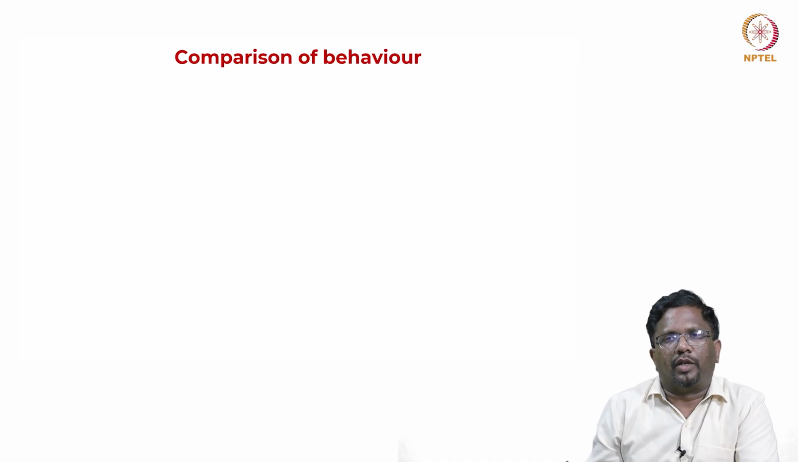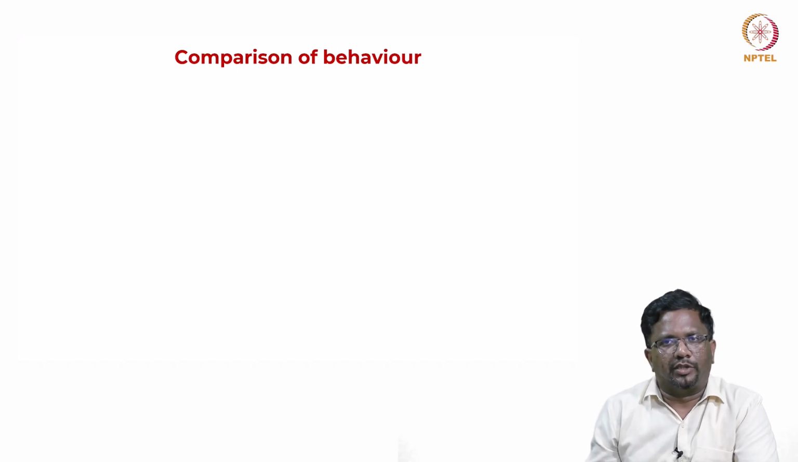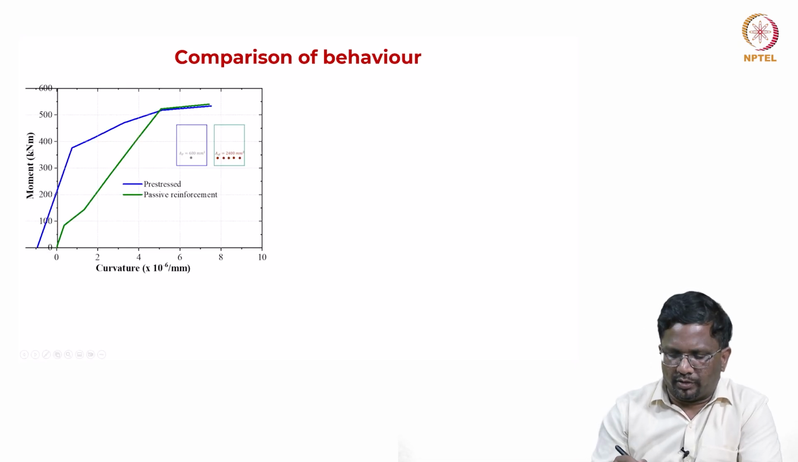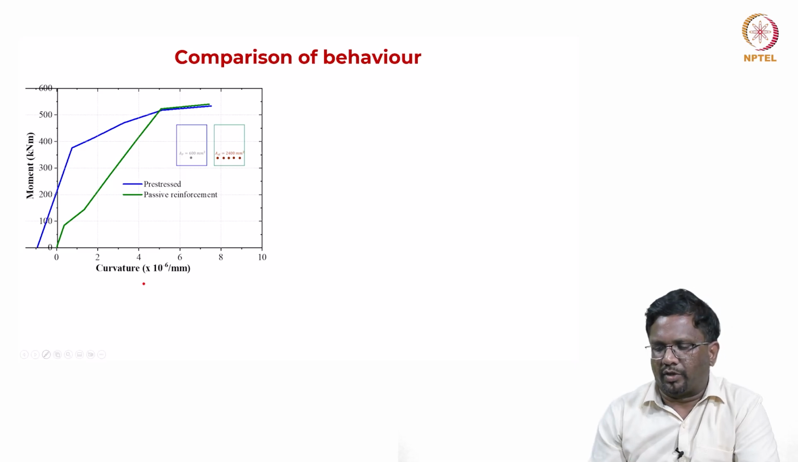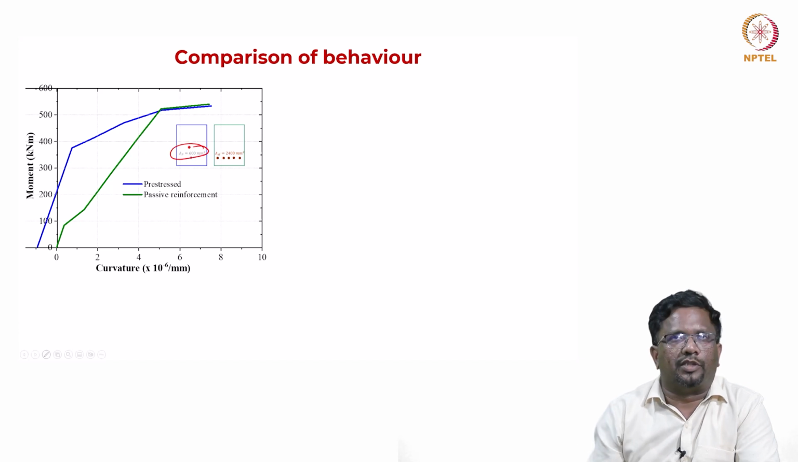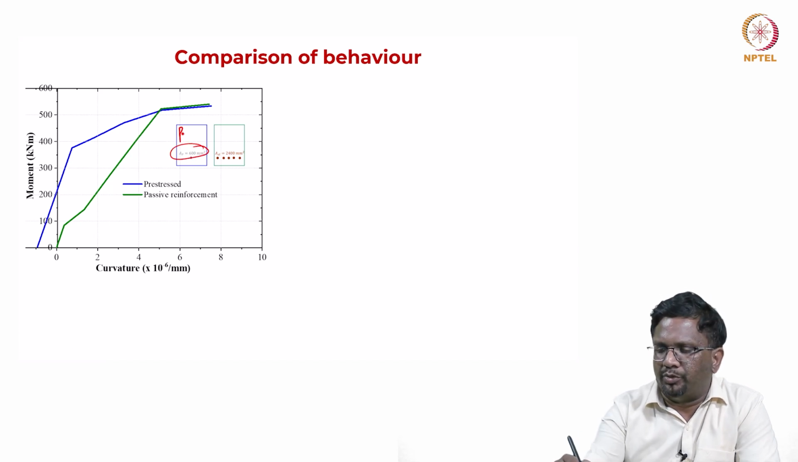Now that we have done the moment curvature for 4 different cases, let us see how they compare with each other. In this one, again we are plotting moment on the x-axis and curvature on the y-axis, and we are comparing two things. One is this AP equal to 600 mm square, which is a pure pre-stressed concrete section, and this is your